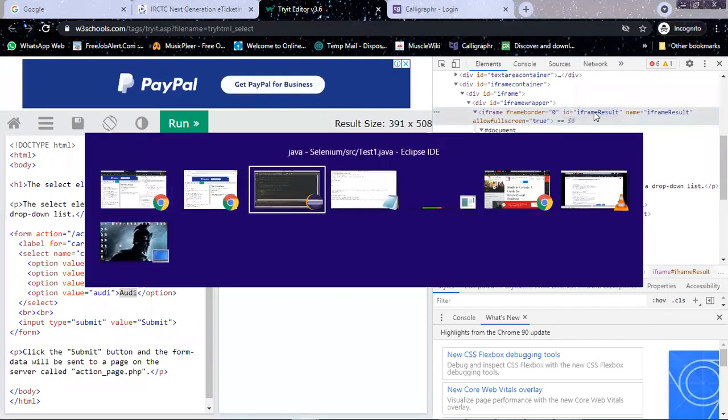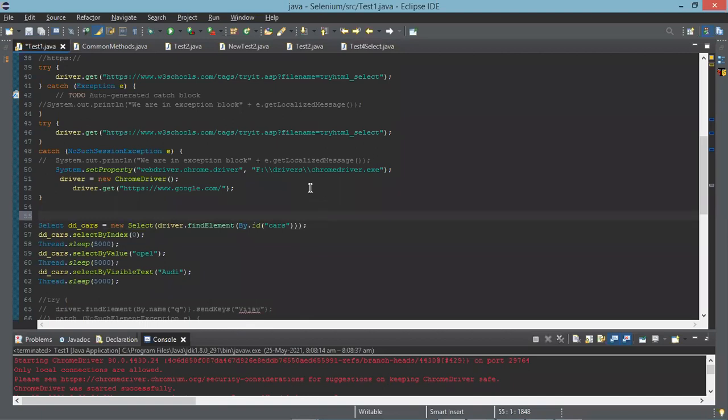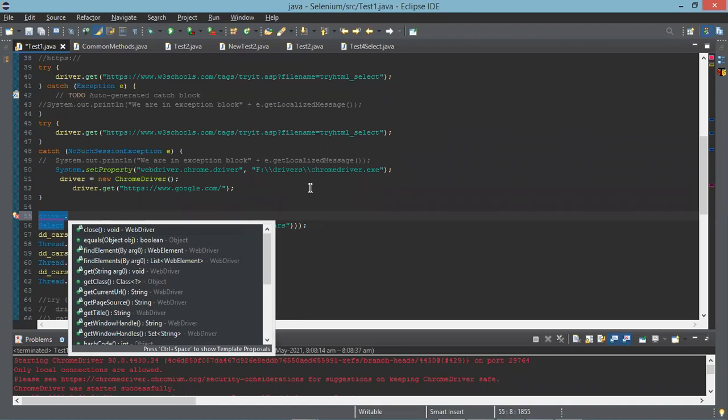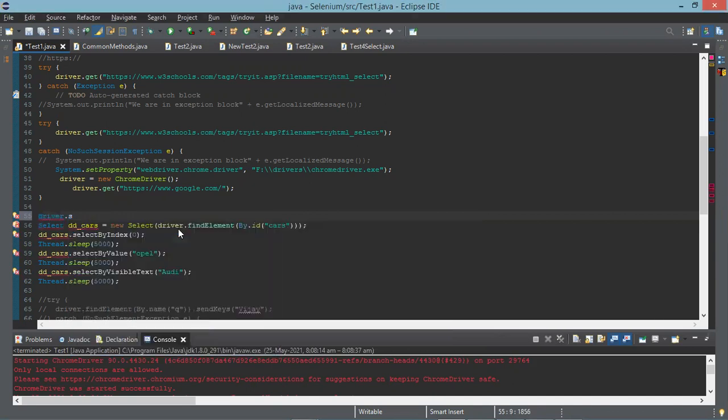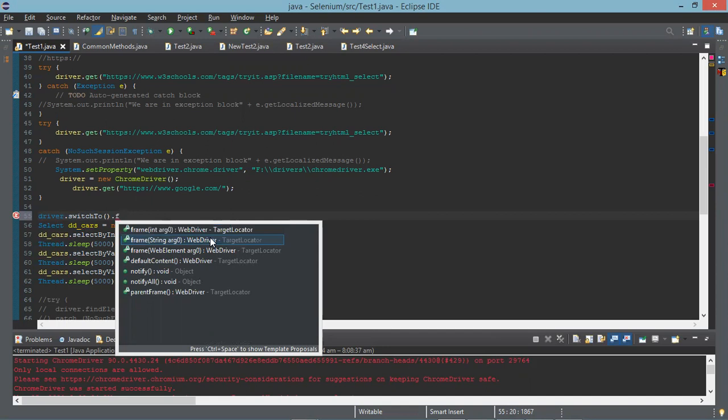Go to that particular line of the program and before that line, say driver dot switchTo dot frame. It takes a string argument. It has multiple options, you choose any of them. The method name doesn't change, only the arguments change.